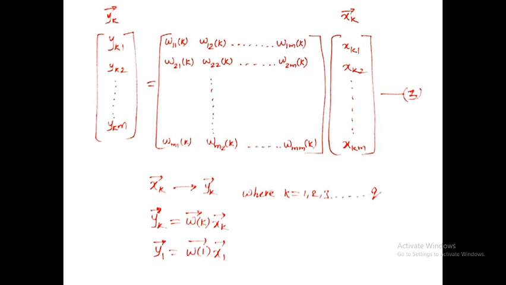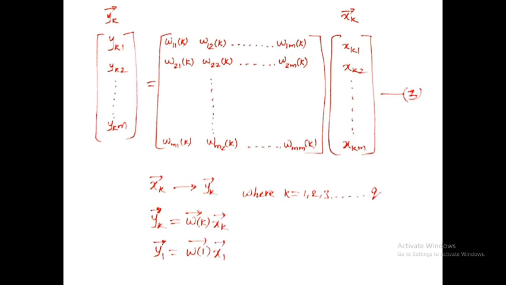For i equal to 1 to M, we need to substitute W21 of K, W22 of K, and so on, W2M of K. We get the connection link weights, and so on. If j is equal to M, it means the last row in that square bracket in equation 3. For j equal to M, YKM is equal to WM1 of K, WM2 of K, and so on, WMM of K